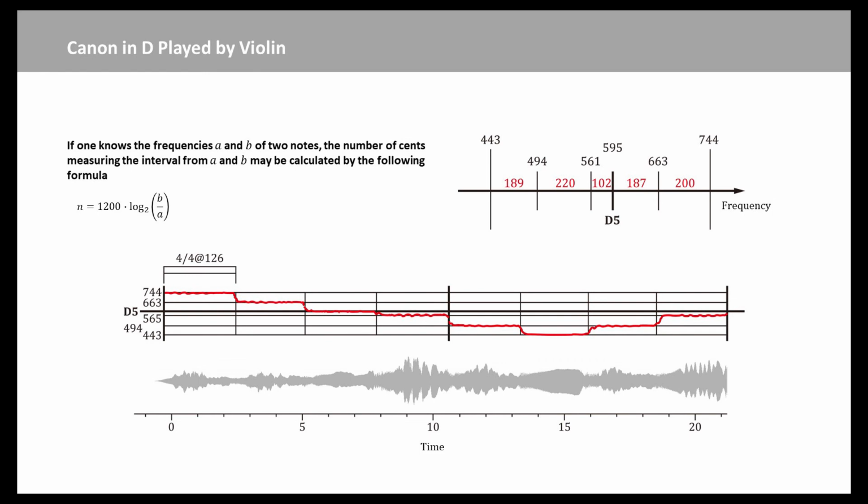The intervals between each scale degree and the reference pitch can be obtained by the equation 1200 times log base 2 of B over A. In the 12-tone system, we can use this equation to know the cents at each interval. A semitone is 100 cents and a tone is 200 cents. In our case, the intervals are tone, tone, semitone, tone, tone. Finally, we can listen to the piece of Canon in D again and look at the notation to understand how the music plays.